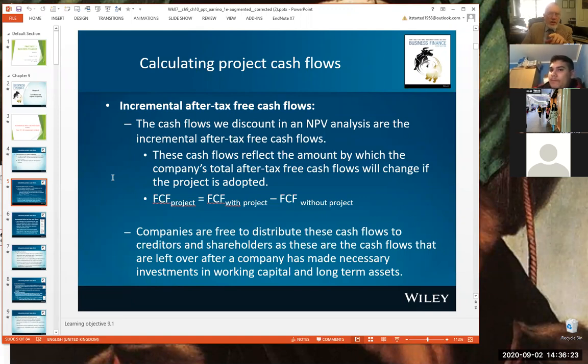So here we're talking about the incremental after-tax free cash flows. What we're talking about there is that if we're running a big business and we're going to add some new business line to it, some new project, then, like BHP might decide to start a new mine somewhere. BHP's got mines all over the place, and they've got a whole lot of other people doing all sorts of important things. And then they're thinking, oh, I think we might open a new mine at Tanglang-Maloo. And why are they going to do that? They're going to do that because they believe it's going to increase the shareholders' wealth. It's going to add to their bottom line, if you want to use the jargon. It's going to increase the value of the company.